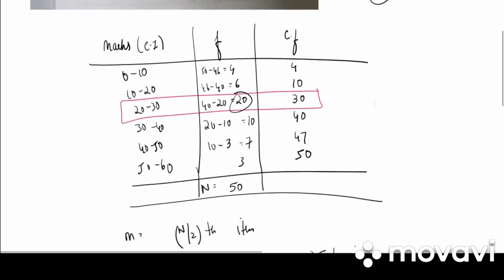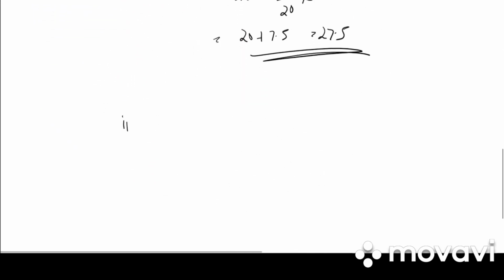Next, they have asked if 60% of the students pass the test, find minimum marks obtained by a pass candidate. So if 60% have passed, 40% have failed out of 100. They have asked us to find out minimum marks obtained by a pass candidate, which means we need to find P40. So write down the second one. Since 60% candidates are passed and 40% have failed, the minimum pass marks are given by P40. In other words, we have to find the value of P40.